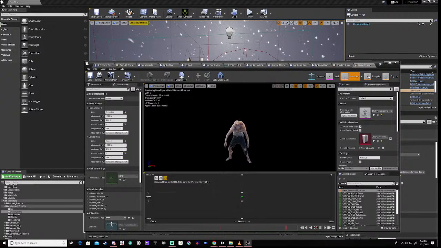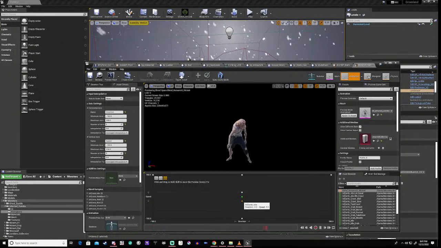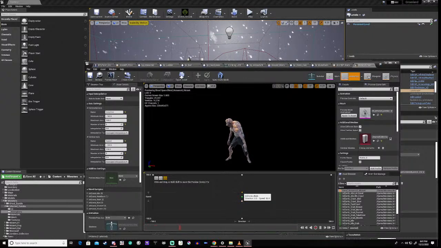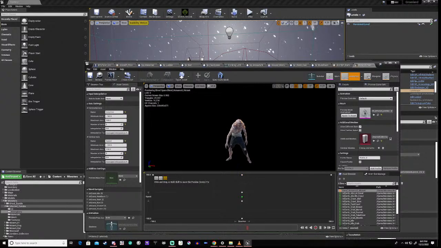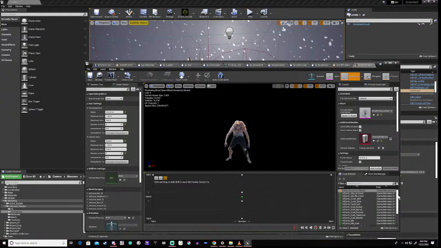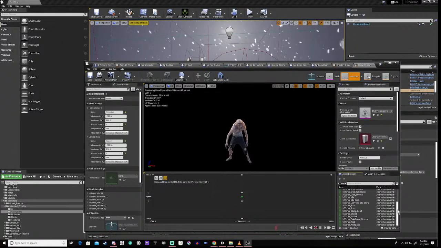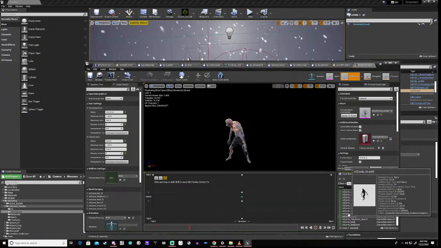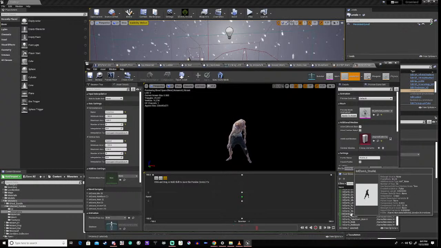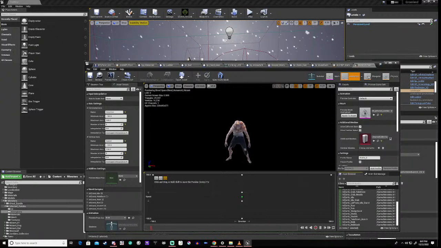Okay, so this is going to be infected zombie idle, infected zombie walk, infected zombie run, walk back, and we have got a strafe left and a strafe right, although I don't know if we're going to have a need for them much. But anyway,